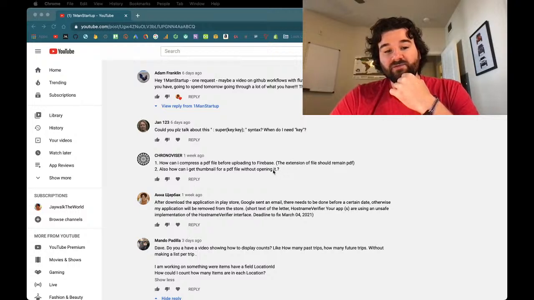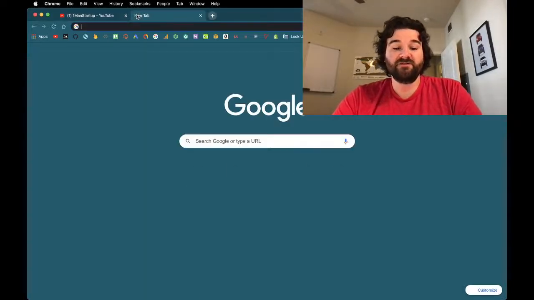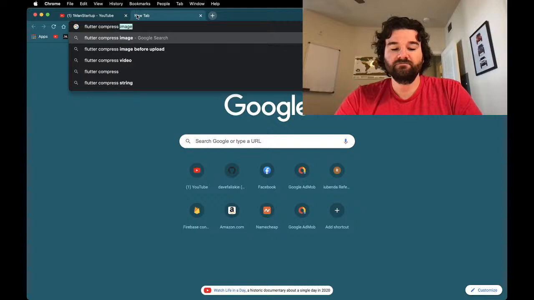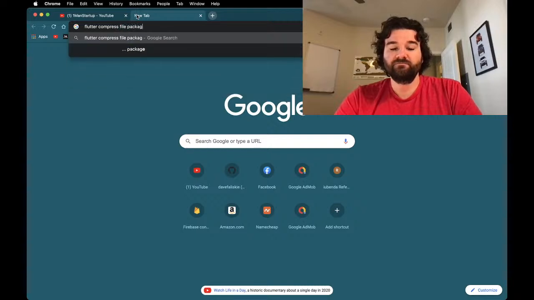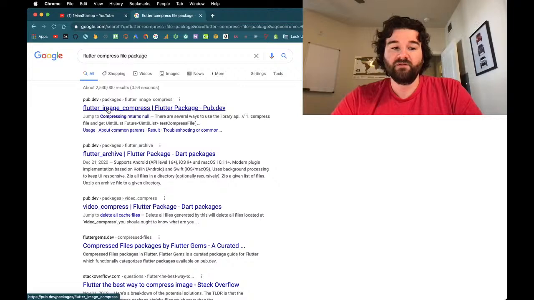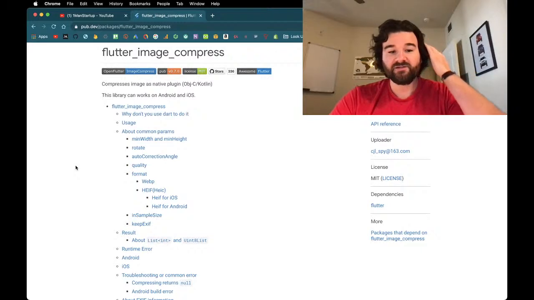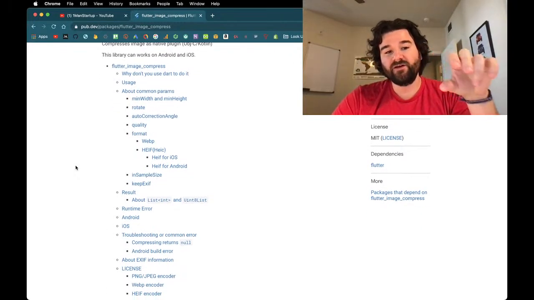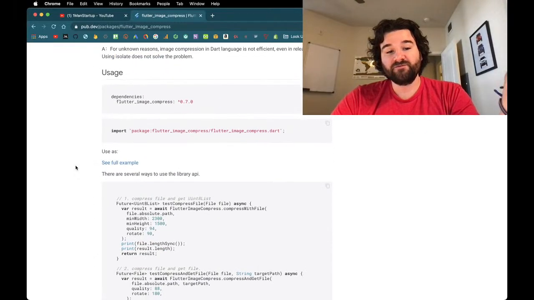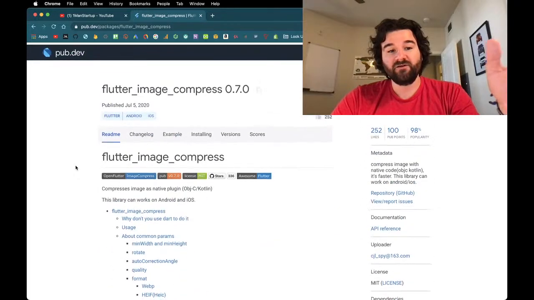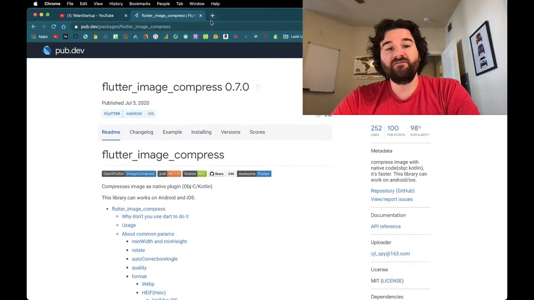The PDF compressing, I mean, there might be a package where you can compress, like Flutter compressing files. I don't know. Maybe check out this Flutter image compress. My guess is you need to have the file compressed on the device before you upload it, or that's probably one option, which maybe this package is going to do. Another option is you could possibly have a cloud